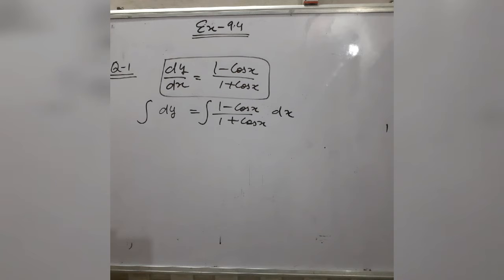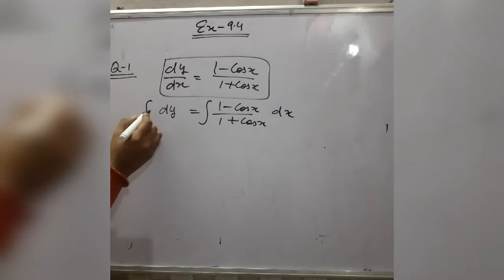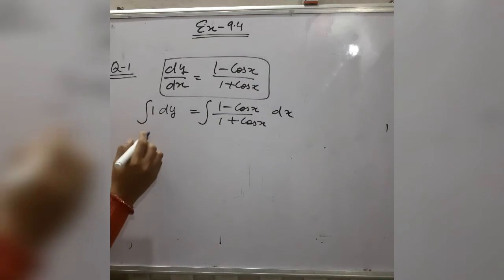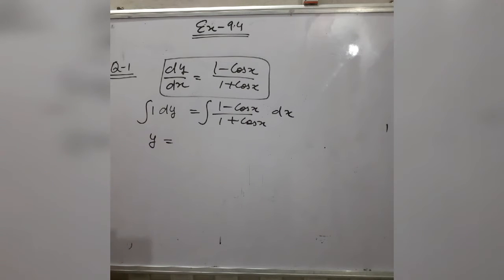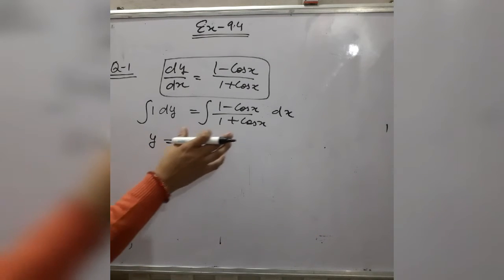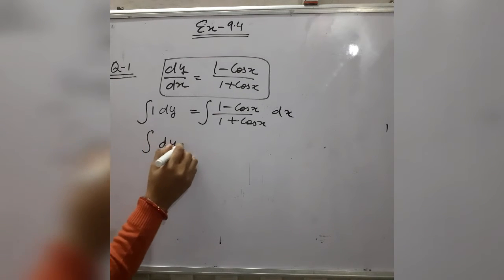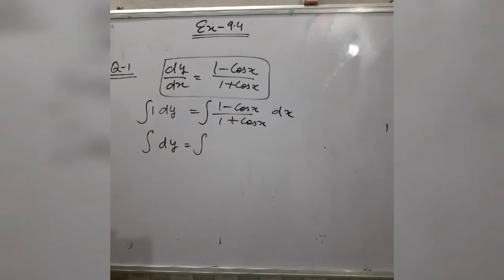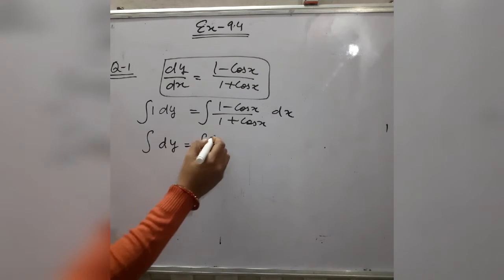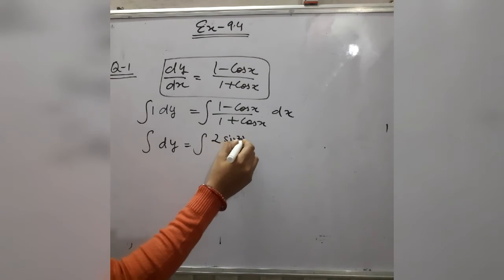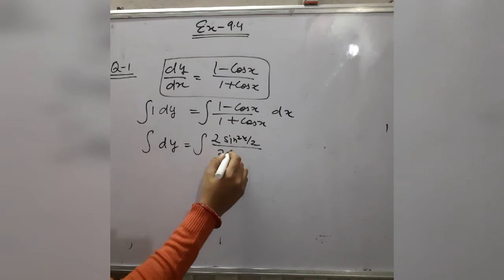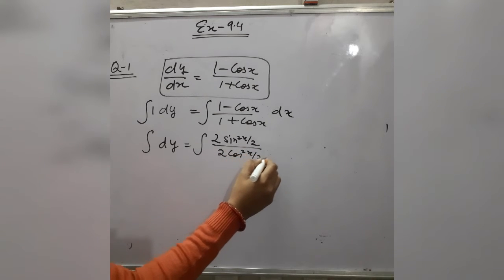After taking integration on both sides, here the function is 1 and all of you know that the integration of 1 with respect to y will be y. Now for the integration of this function, before integrating we will simplify it. 1 minus cos x, by using a trigonometric formula, can be written as 2 sin square x by 2. Similarly 1 plus cos x can be written as 2 cos square x by 2